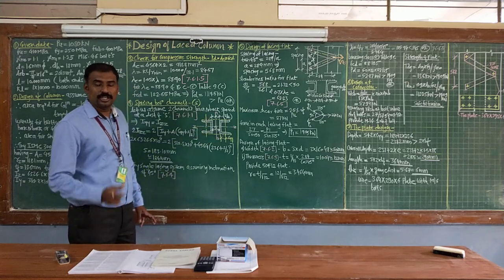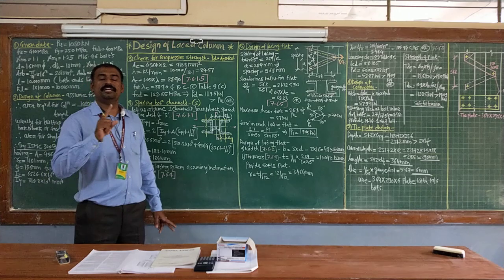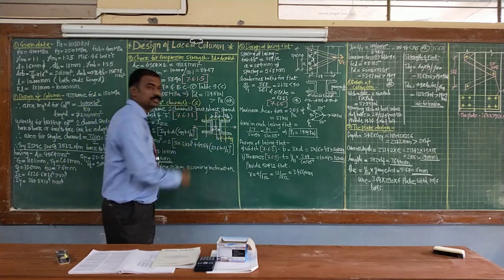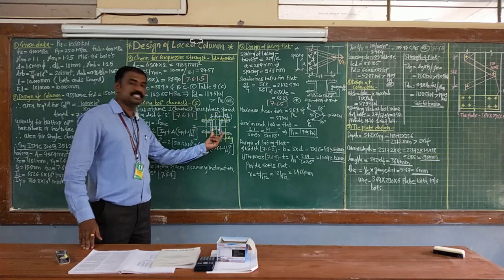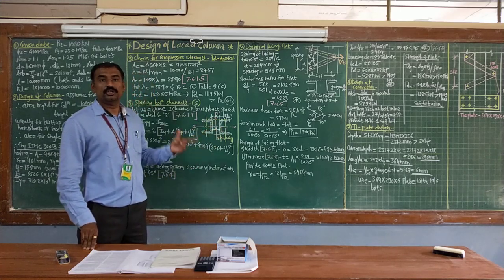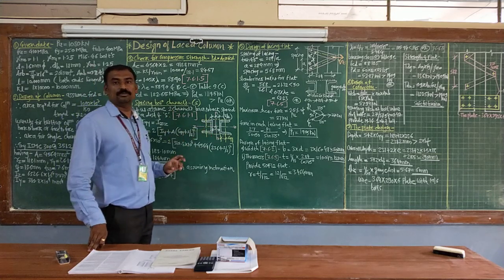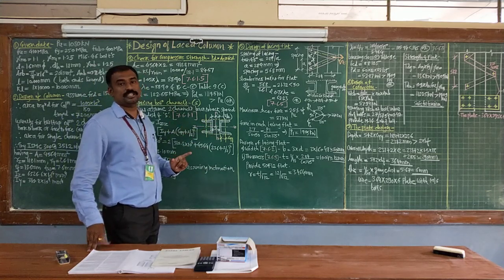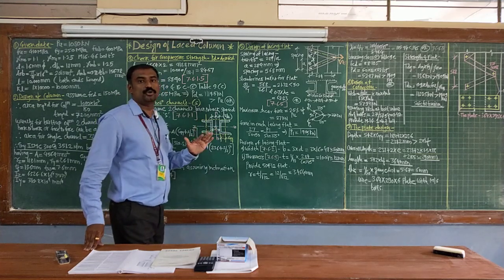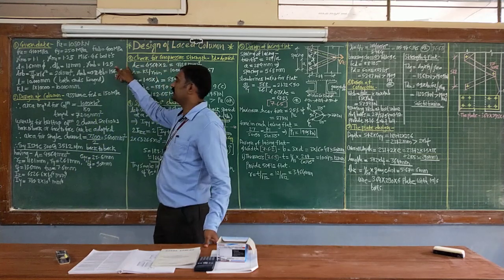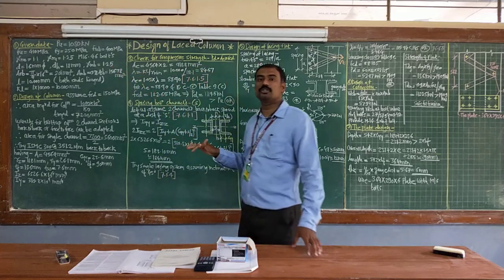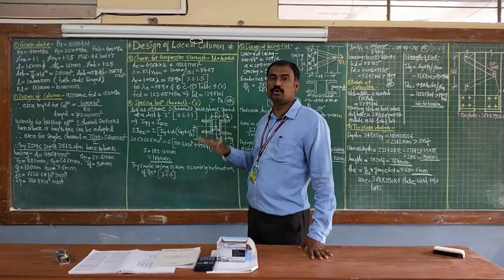So in short, the moment of inertia and radius of gyration will depend upon the spacing between the sections. If you increase the spacing, there will be a change in your moment of inertia and radius of gyration. So along your ry side, the moment of inertia and radius of gyration will depend upon spacing, and this particular spacing is not known to us up to step number 3. Correct? At this step, your rz value is not known to us, ry value is not known to us.